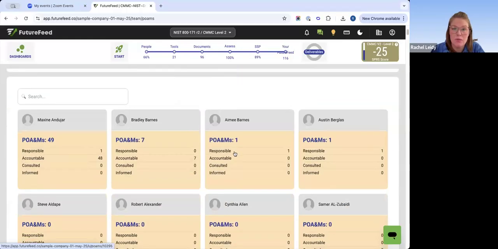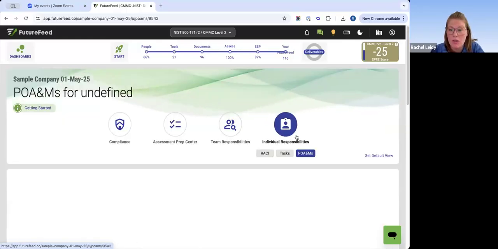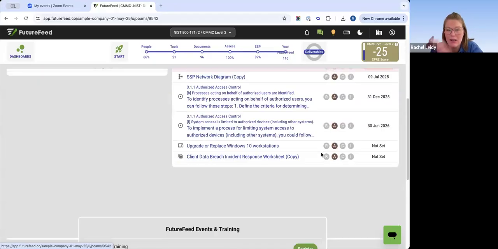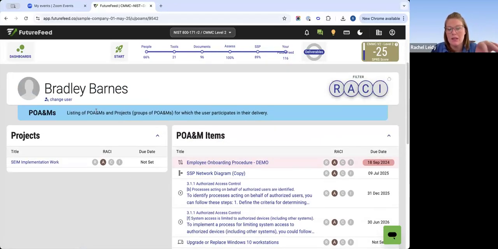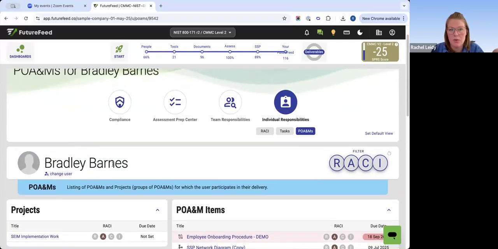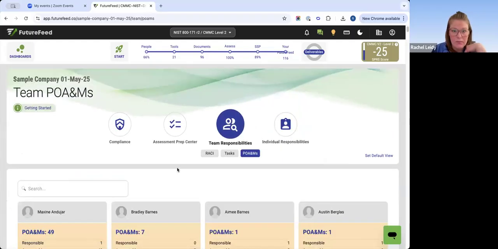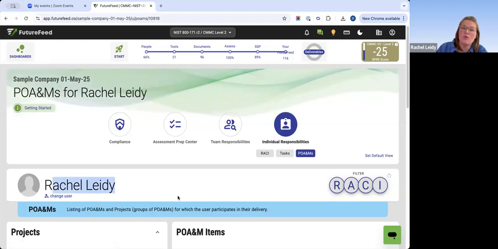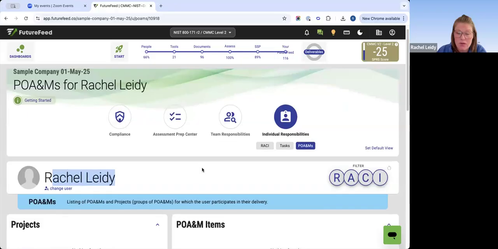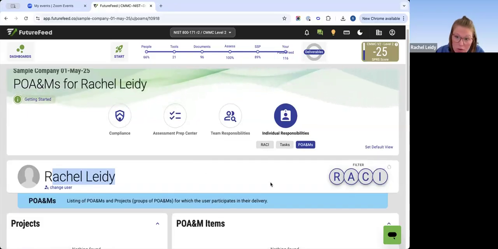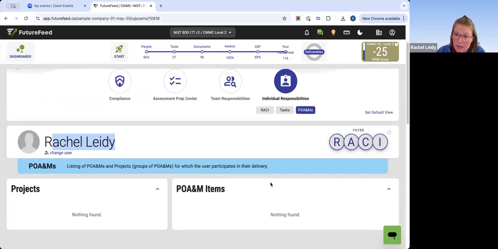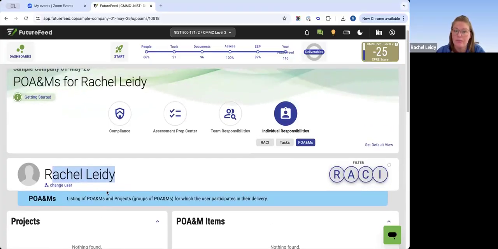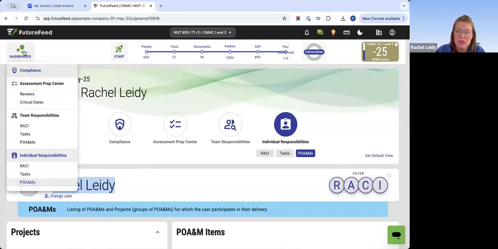That's team responsibilities. When you click on an individual, then it does bring you to the individual responsibilities, because now you're just viewing the individual responsibilities assigned to whoever you clicked on. If you just click on individual responsibilities, though, it will by default show you your own. Okay, so here's everything that's assigned to me in FutureFeed: POAMs, tasks, RACI assignments. I don't have any in this environment, but so dashboards. This is where you'd